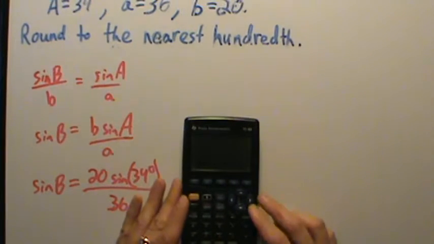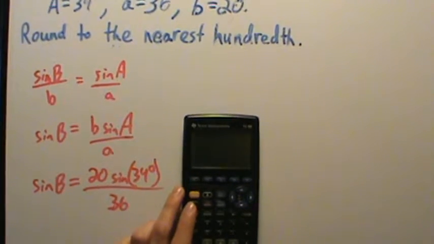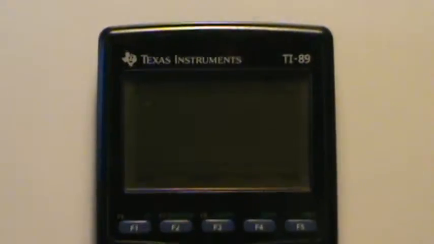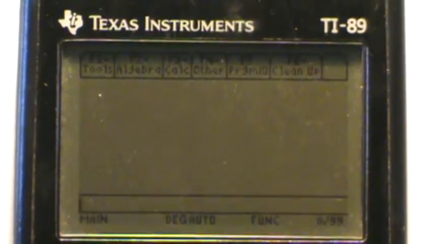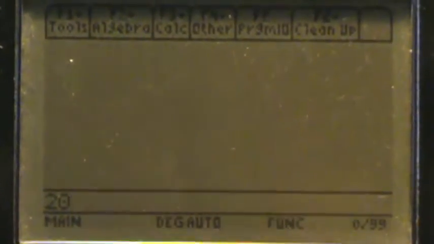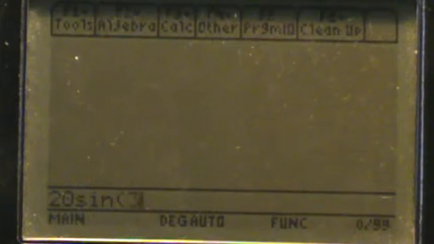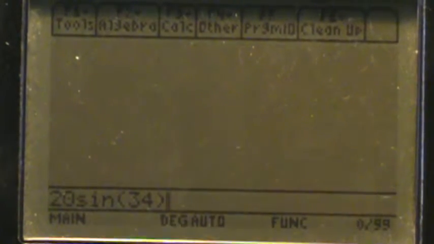We explained that in example 5. We explained why we do that. And since it takes a little time, we don't want to go through it again here. But if you want to see the explanation of why we do that, check out example 5 in the previous video. But anyway, before we do that, we have to make sure that 20 times the sine of 34 degrees, make sure that we're in the degree mode, DEG for degree,